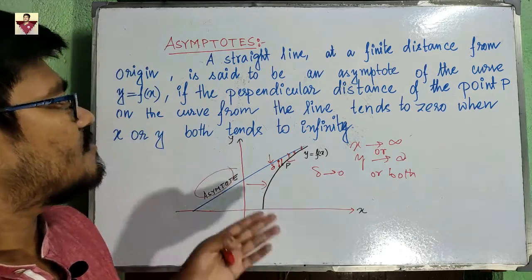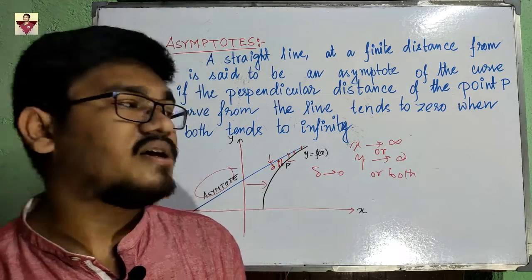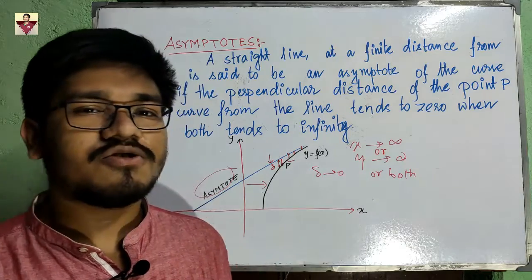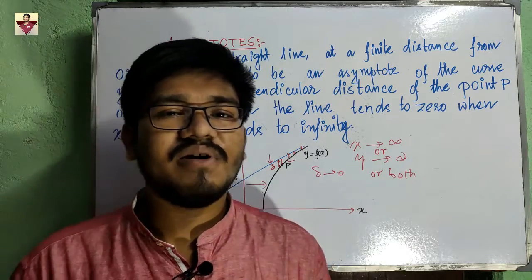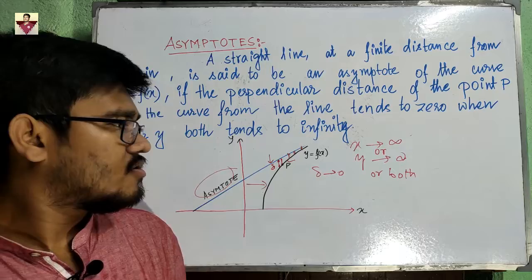So an asymptote must be a straight line for a given function, and there are theorems I will also show that every asymptote will be a straight line for a given curve. Okay,